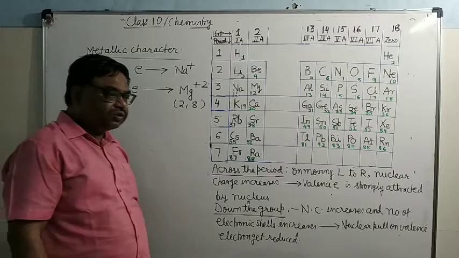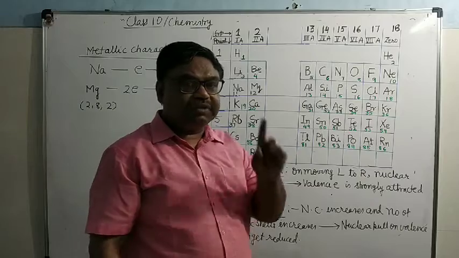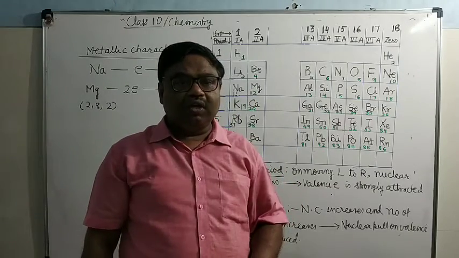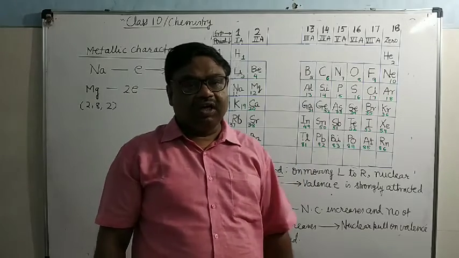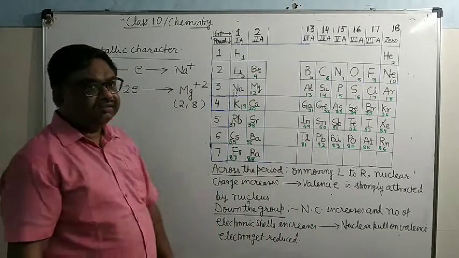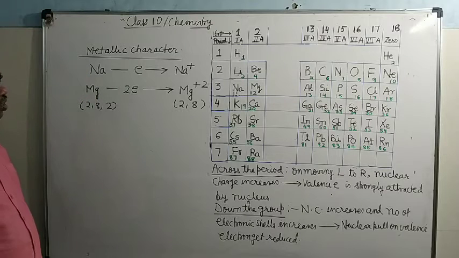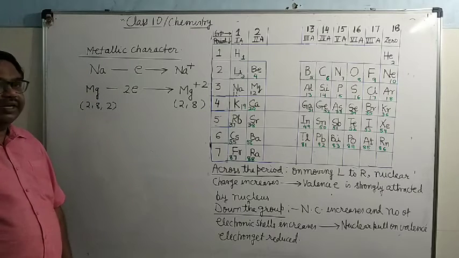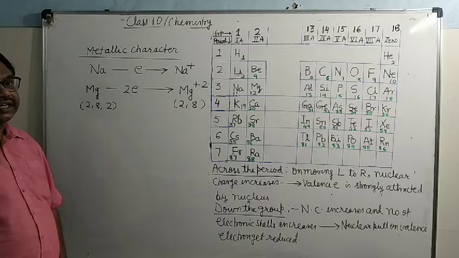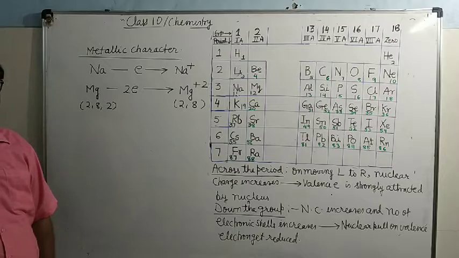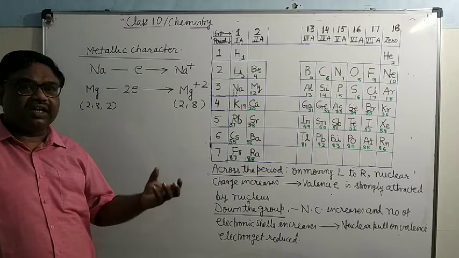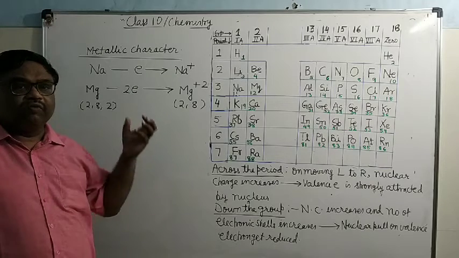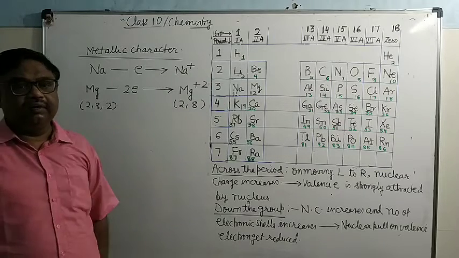It depends upon two factors. What are the factors on which the metallic character depends? It depends upon number one, atomic size, number two, nuclear charge. So when you move left to right in a period, what will happen? Metallic character will decrease. It's clear? Because it will become more and more difficult to remove the electron from the valence cell, as valence electrons are experiencing increasing force when we move left to right in any period.